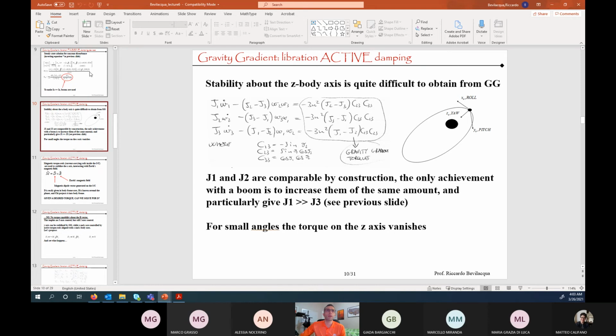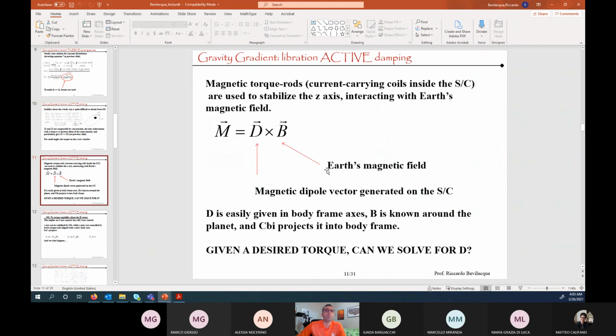And so the bottom line is that usually with gravity gradient, what you do is control definitely the pitch. That's really the main goal of gravity gradient, and a little bit of the roll, but mostly what you do is the pitch. And if you think about it, that's going back to what I mentioned at the beginning, which is you get some kind of pendulum-like behavior, and really it's the second axis that is the one we usually target with gravity gradient. So, but there are other ways to create damping, and